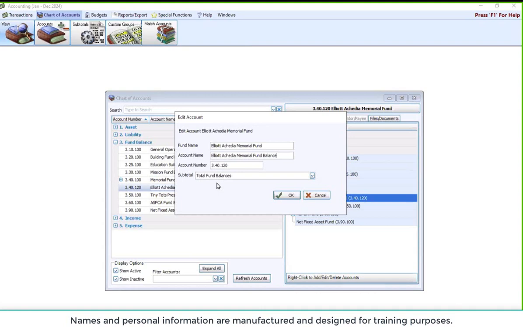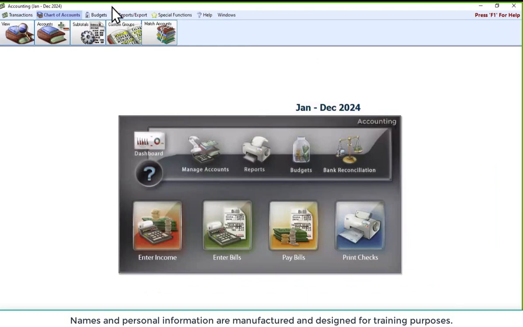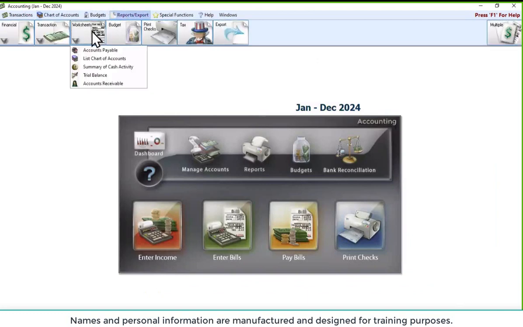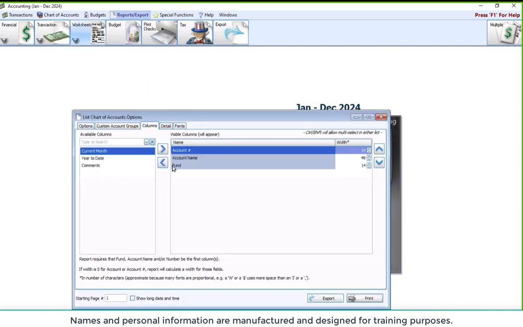You'll see the fund balance account everywhere on your reports. Another place that we can see that, and I'm going to show you because it's really one that's commonly overlooked, folks call me on support calls all the time, is under the list chart of accounts report. If I include accounts, and I go to my columns, notice I've got account number, account name, and fund. So if I now click on print now, it brings up my list chart of accounts